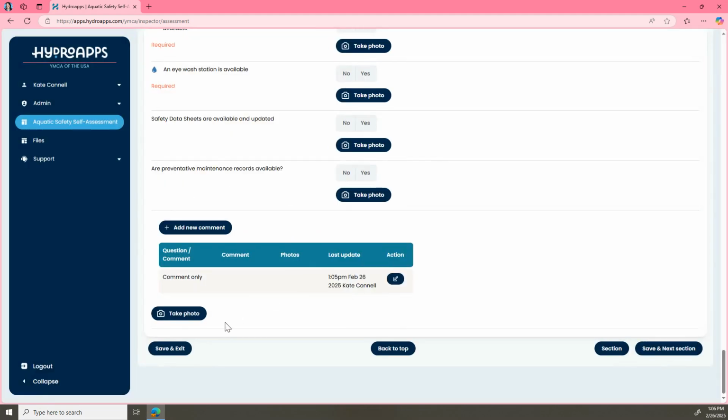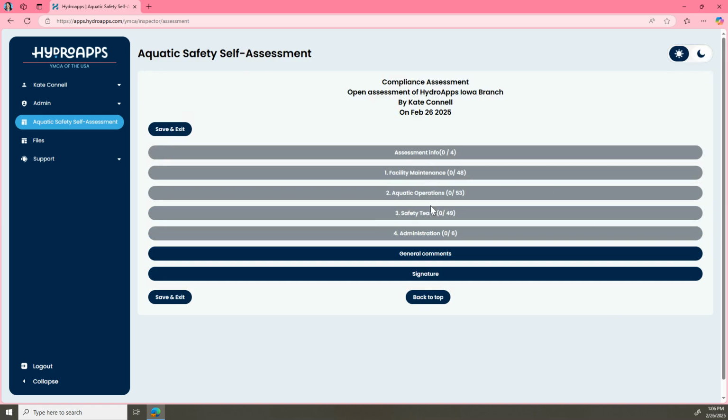Keep in mind that these are internal questions. These are things that you're able to log here and have for your team. You're able to add additional photos so that this becomes a resource for you that you're able to go back to as you need and be able to log that information so you're able to grow every time you take the assessment. On the end of the assessment, when you have finished everything, all 5 of these components will be